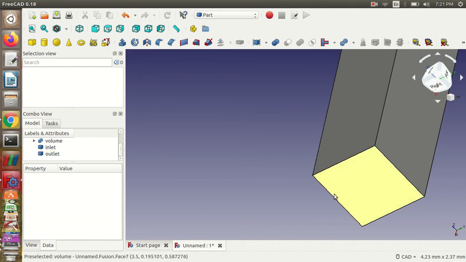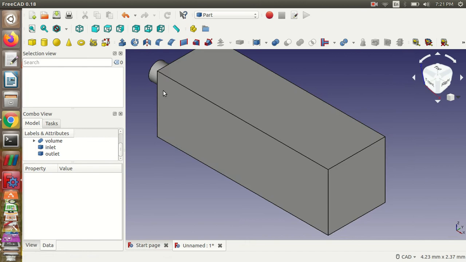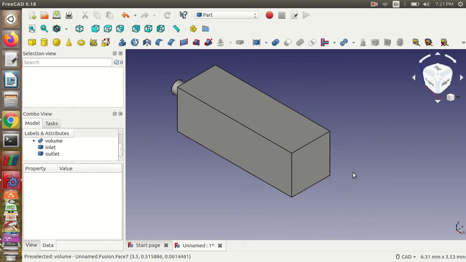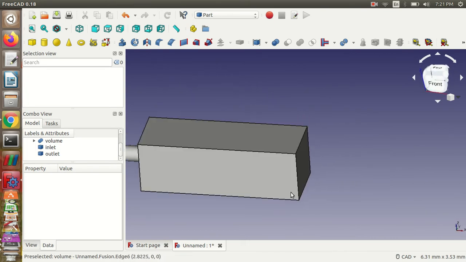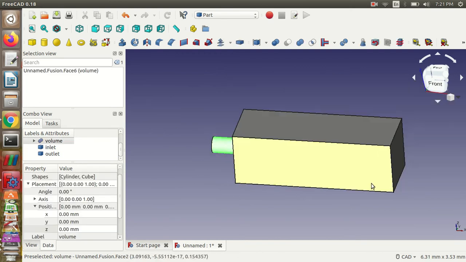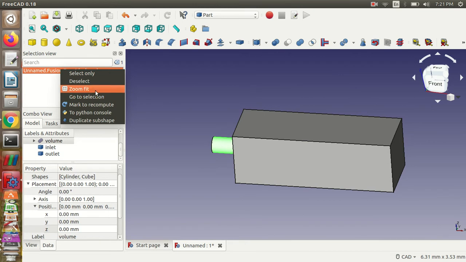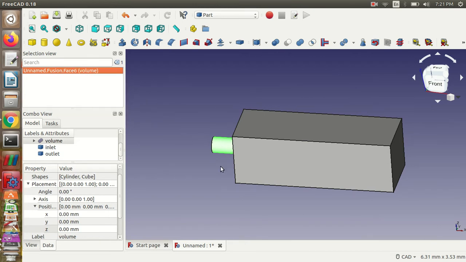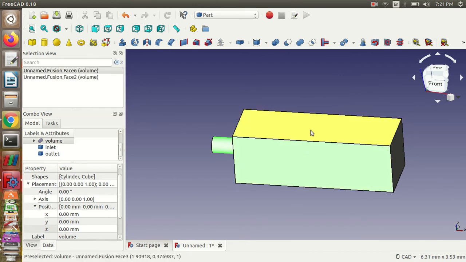Now we just need to give the other things, like the walls, okay? So these are all going to be our walls, because the fluid flow will not take place in that direction. So now we can duplicate, we'll do it entirely, so no problem.